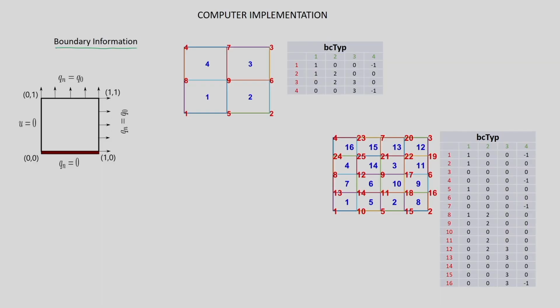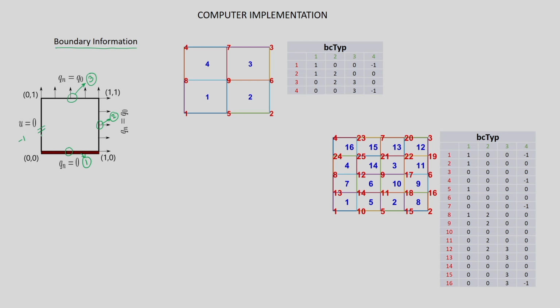So in this case, here we have one Dirichlet boundary and we have 3 Neumann boundaries. Alright. So the Dirichlet boundary we are marking as -1, this Neumann boundary we are marking as 1, this Neumann boundary we are marking as 2 and this as 3, all with positive numbers. All of them are Neumann boundary, but they are different boundaries. So that is why we are using different positive numbers.